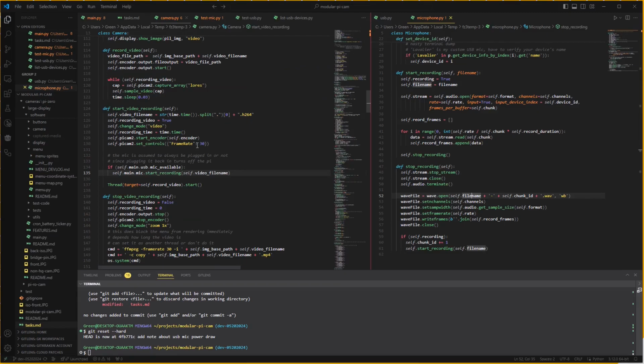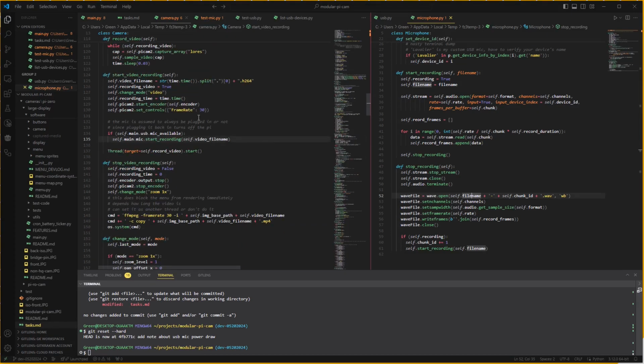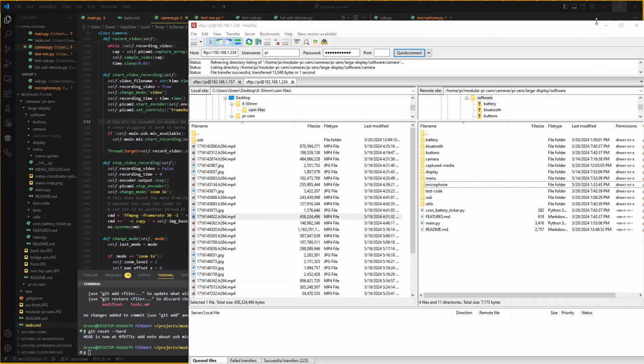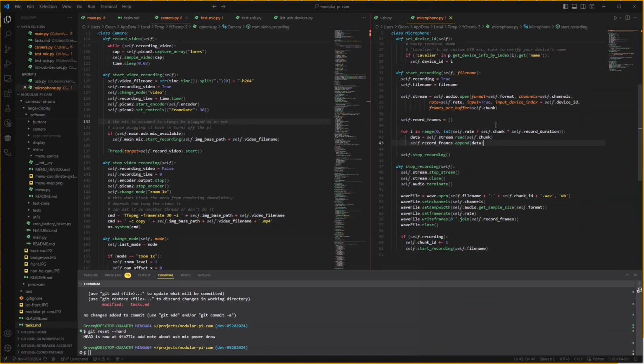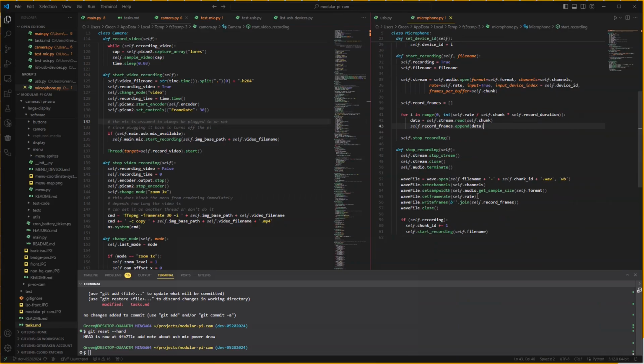Doesn't have the base path though, I need to add that. Oh yeah. Okay, so there's the full path, and then